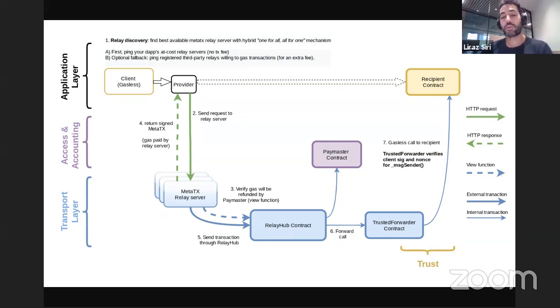So the relay server is also going to do that. And then, once this transaction is mined, it will call into the relay hub. Essentially, this transaction calls into the relay hub contract. Everything that was before executed off chain is executed on chain. And the final destination before the recipient contract is the trusted forwarder contract, which is the minimal